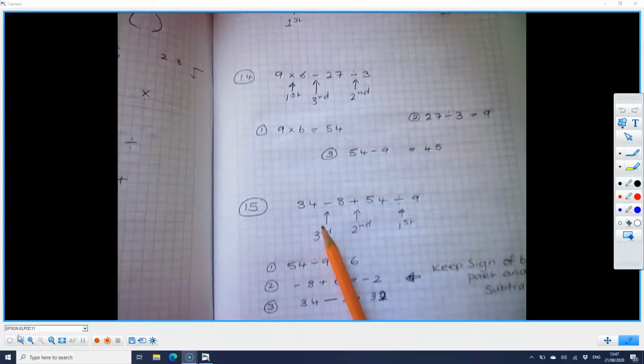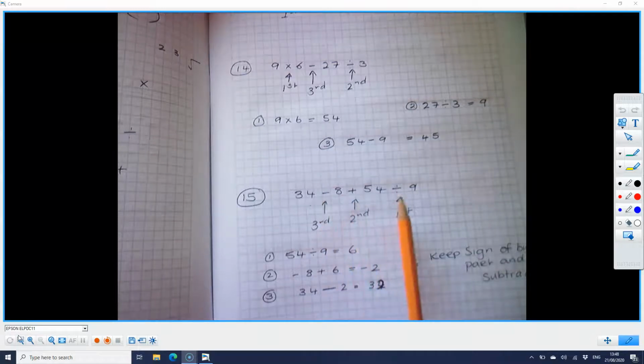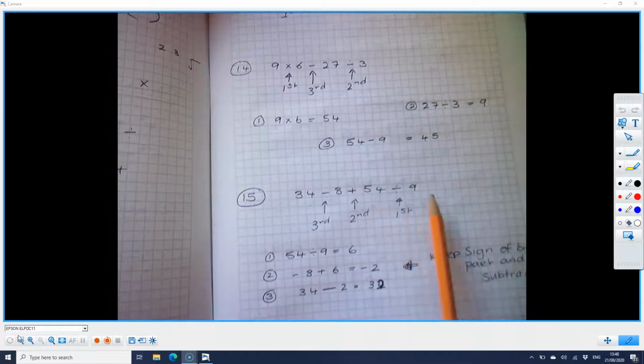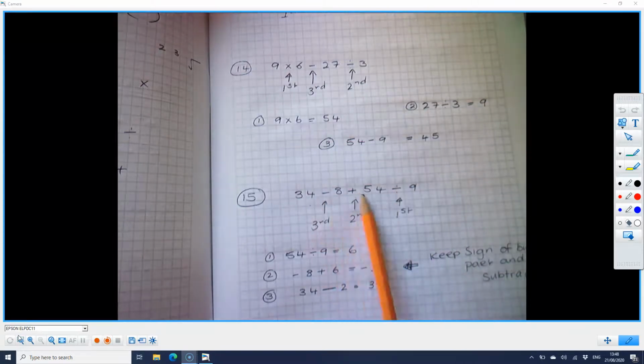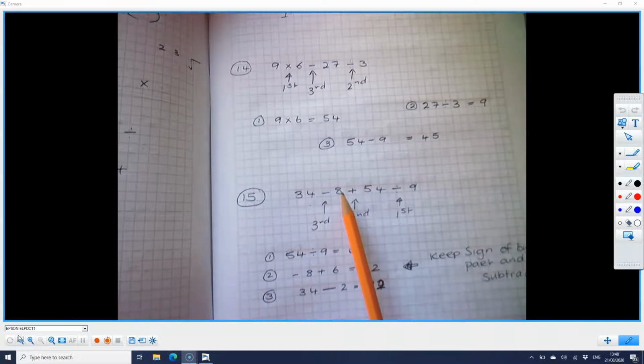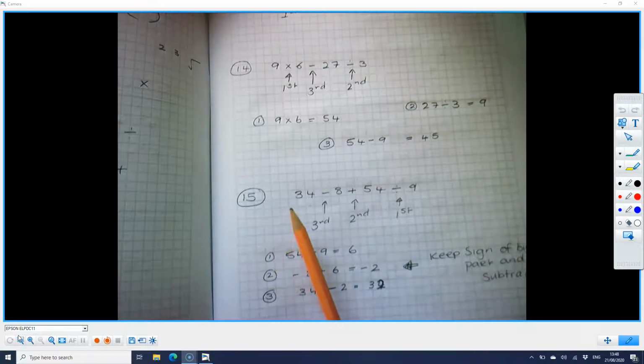Question 15 in the book, again, just getting a little bit harder. You've got 4 operators. So you've got a minus, a plus, you've only got 3 actually. A minus, a plus, and a division sign. So you look across and you go, which comes first? So division comes first, so you do dividing first. So 54 divided by 9 gives you 6. And you'd write down the answer. Then you'd look and say, which comes next? Pluses or minuses? So plus comes next. So you'd go 8 plus your 6, which gives you 14. And then you'd go your